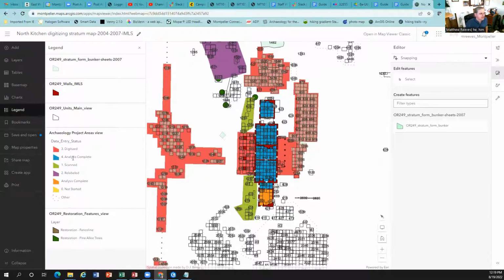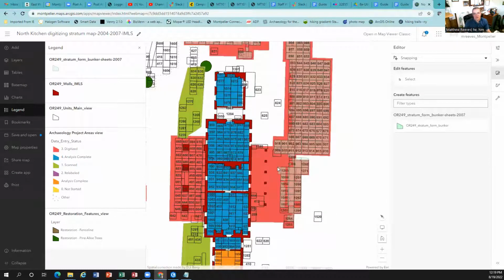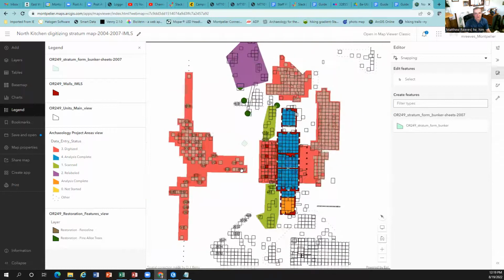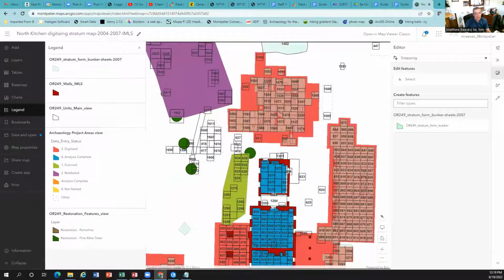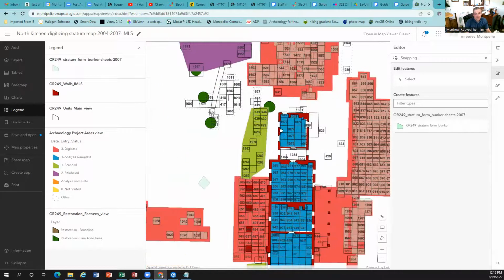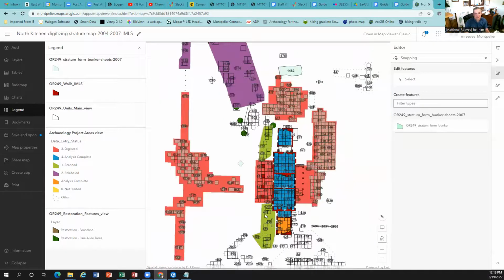With GIS, the problem is not being accurate. These two are the same, but since this one doesn't have a 4, it creates a different category. I just need to change that. But the bunker is all digitized, the colonnades all digitized, and the North Kitchen, I went ahead and put that one as all digitized. And then the areas we're heading next is the